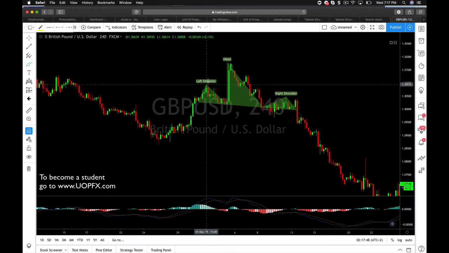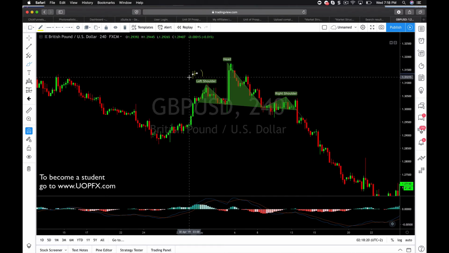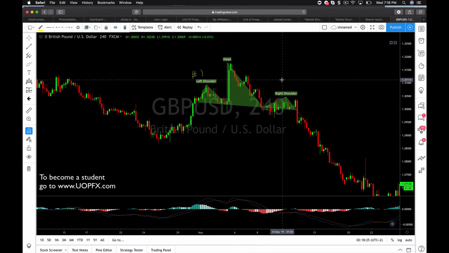Okay, now this is a popular Forex pattern because it is a reversal pattern. Typically, this is, let me see what time frame I'm on. I believe this is the 4-hour time frame here, and it typically will show up when there's a strong move in any direction. You'll have a head and shoulders pattern form. Now here, this is shoulder number 1. This is the head, obviously. This is shoulder number 2.